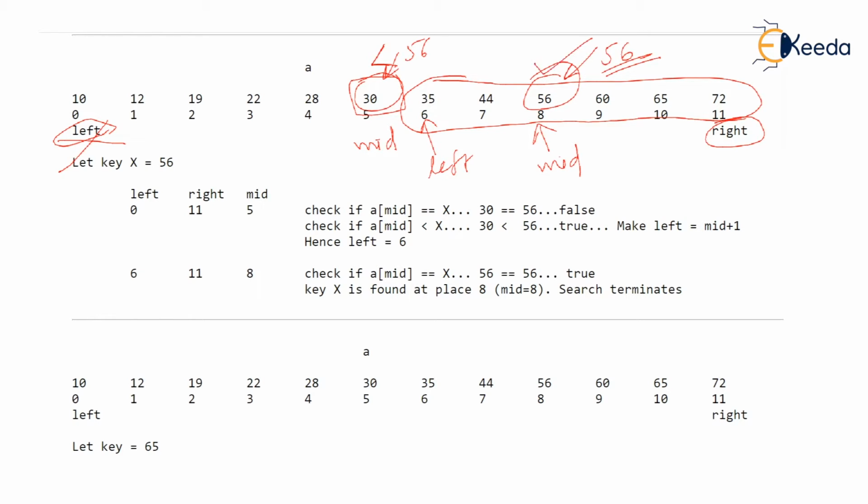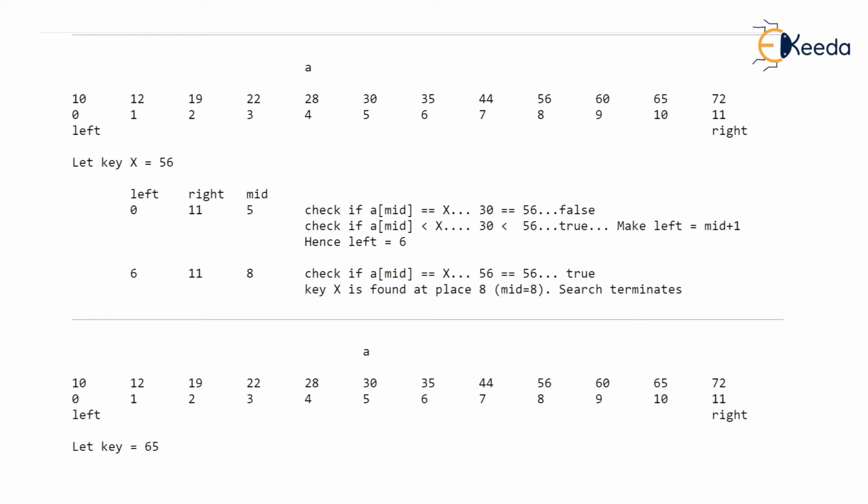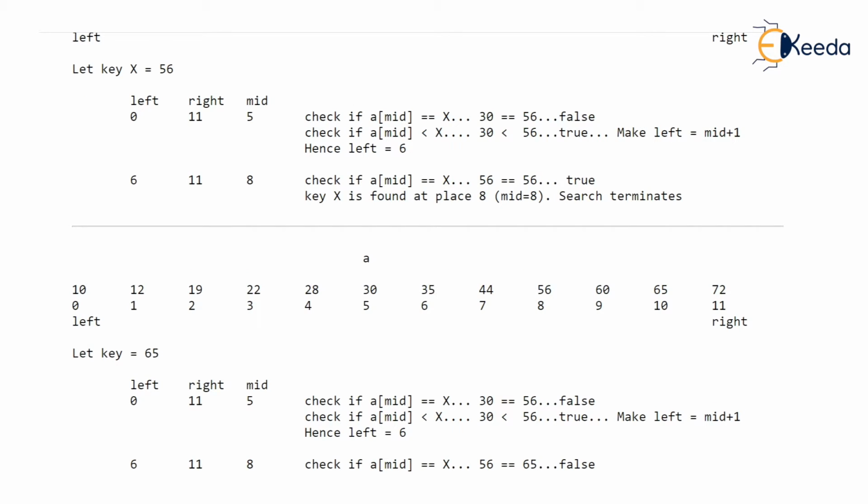Let's see one more example. Here at the bottom of the screen, I have taken a value 65. Now help yourselves before you read the explanation. If we are searching 65, then the search begins with left equal to 0 and right equal to 11. We will find mid is 5. And just go to mid and ask, is it storing 65, our key? It isn't. But then you easily know 65 must be to the right because it is greater than 30.